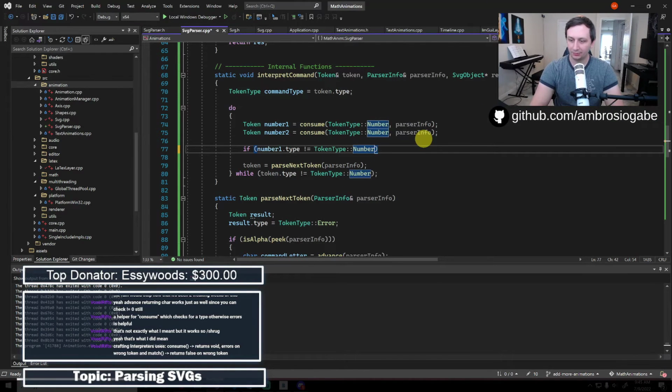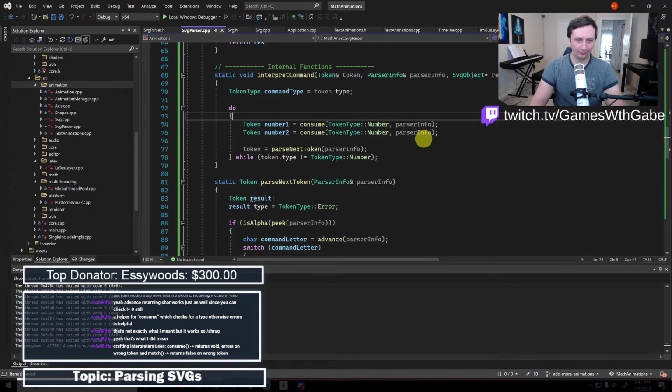Voxers says crafting interpreters uses consume returning void, erroring on wrong token, and match returning false on wrong token. Yeah, I guess, so if I do something like match, instead of this, we did match.